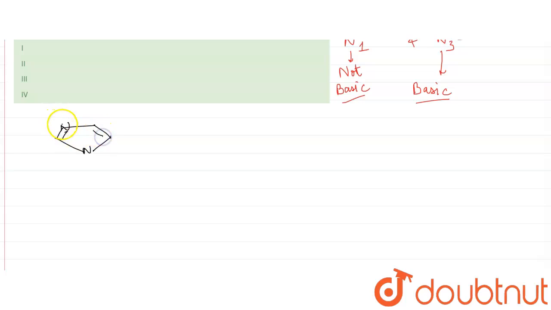So now this has electrons, this is basic in nature, so what it can do is abstract this H plus, like this. So the reaction becomes this, wherein nitrogen now has acquired a positive charge because it has donated its electrons to H plus. So this is now the structure,